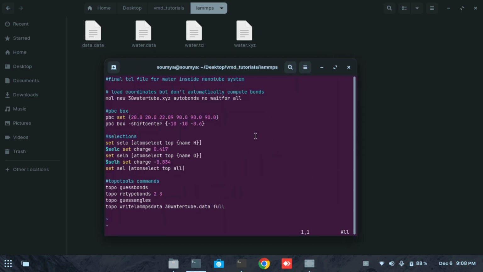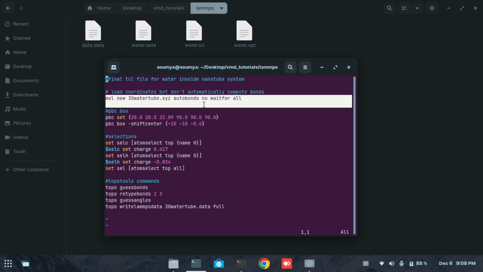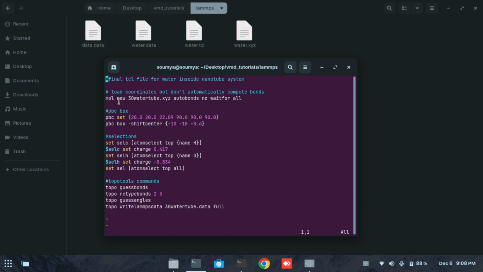In the first line I have given a comment that this is the final TCL file. In this line I have given which XYZ file the positions of the atoms can be taken from. This is just the file name, you can put it as per your file name.